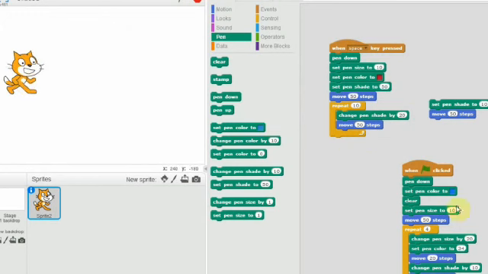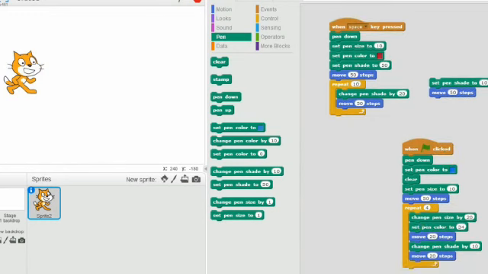Whenever I run this script, my sprite's pen thickness will be increased by 20. Here, change pen size by 20. Because here I have set the pen size, change pen size by 20 increments the value by 20. Now, we will see.